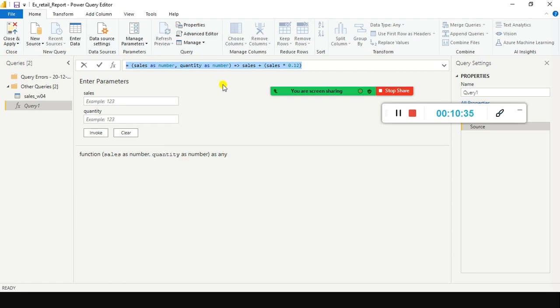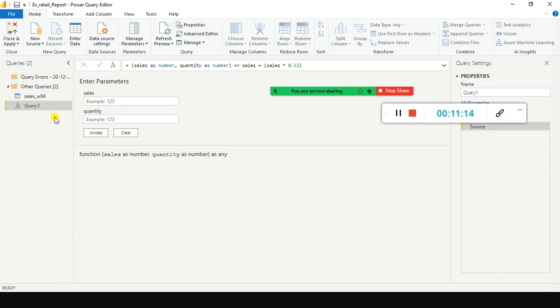Apart from this, if you want to create a calendar table, also we'll be using this kind of function. We'll create some date table. When it comes to Power BI, you are supposed to create a separate date table. Even if you don't create it, behind the scenes Power BI creates the date table. The issue with the default date table created by Power BI is it is kind of redundant. It creates the date table redundantly. For example, you have a table, order table.